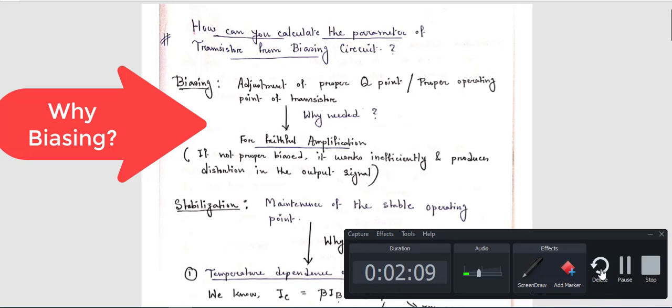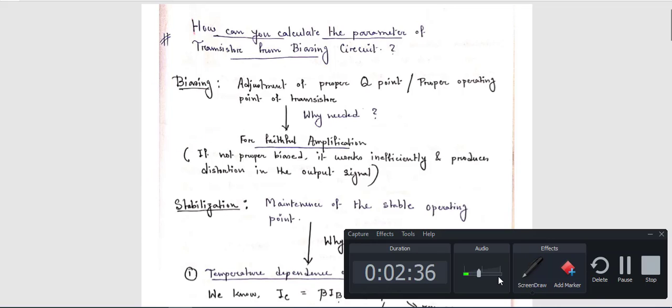So first, output characteristics. Output characteristics means where your varying parameter will be the output component. Now output component of transistor means which component? That means output current and output voltage. Now if a transistor works in common emitter configuration, which one is your output current? In that case your output current will be IC. And which one is your output voltage? Your output voltage will be collector emitter voltage, that means VCE.